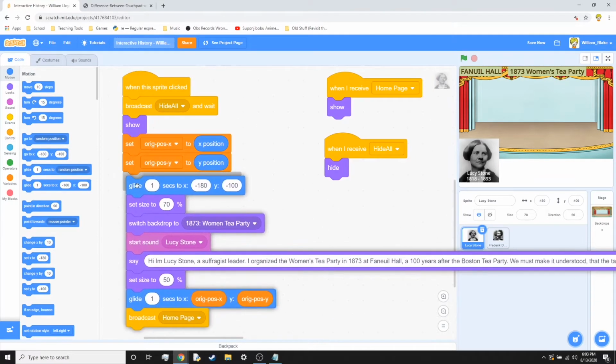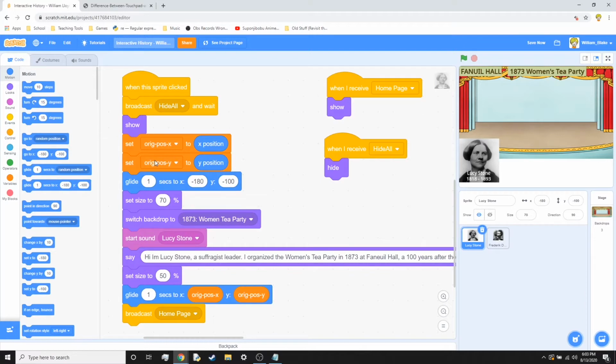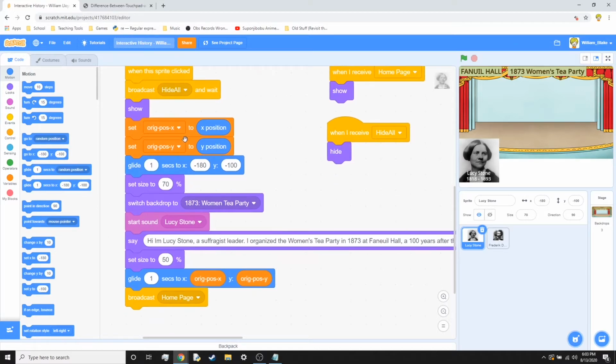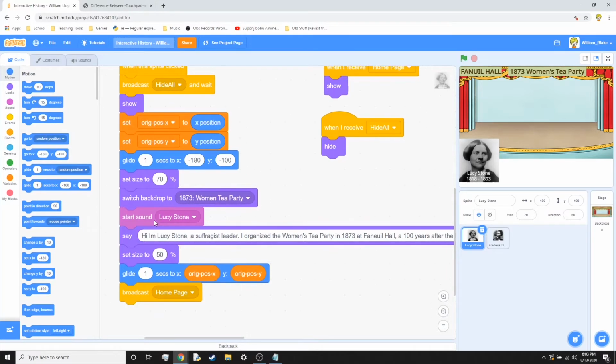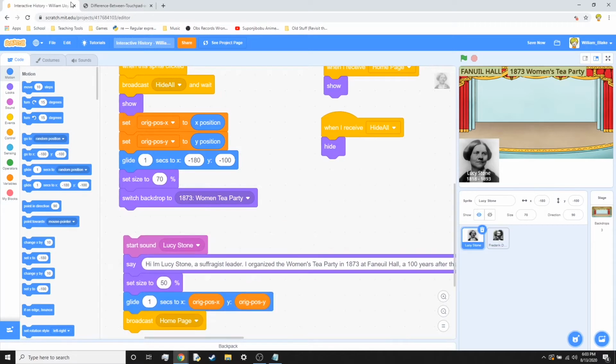And then we use some variables over here. Now, these variables, you don't have to worry too much about them. They basically remember where Lucy Stone used to be, so that later we can go back to those same positions. Once we store that information, we can then glide to the center of the screen. We can make our character a little bit bigger. We can switch up the backdrops, start some audios,